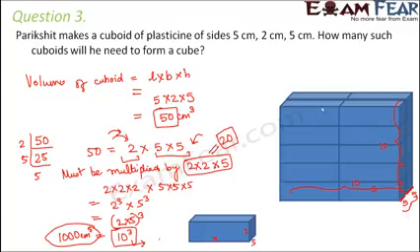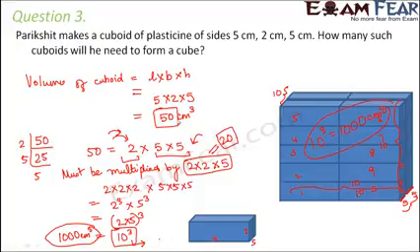Layer like this. So now overall this width is 10, length is 10, height is also 10. So this is actually a cuboid of volume 10 to the power 3, that is 1000 centimeter cube. And to make this cube, how many cuboids did we need? We needed 20 cuboids. You see, 1, 2, 3, 4, 5, 6, 7, 8, 9, 10. So 10 here and 10 at the back layer. So 20 cuboids were needed.